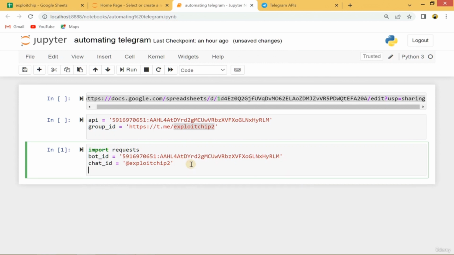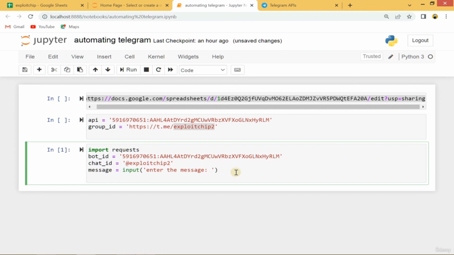Okay, good. And also if you want to have the message, then let's say the message is going to be equal to, let's ask the user to enter the message. Enter the message. Okay, good. Now we have the message variable here, and when you want to work with requests, you need to have the URL. So let's say the URL is equal to f, then give two double quotes here, and then give the API link. So it is